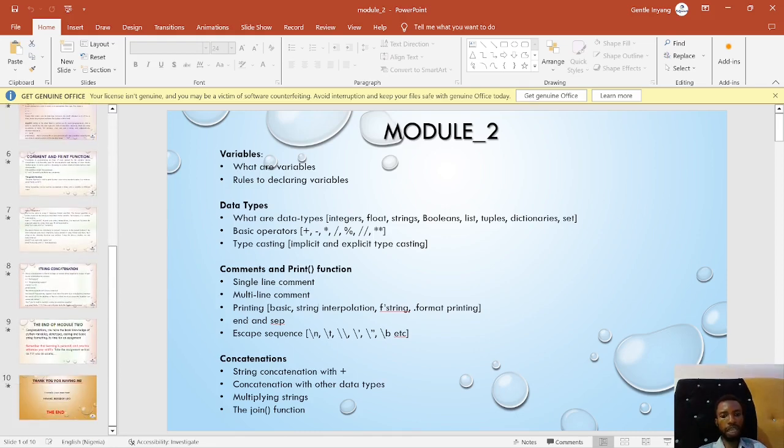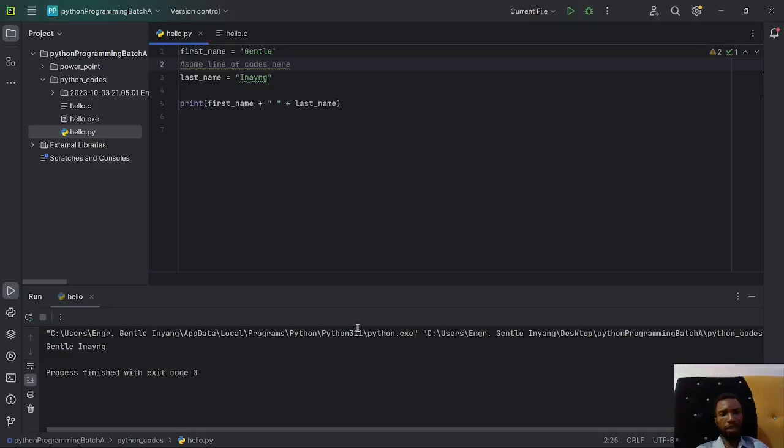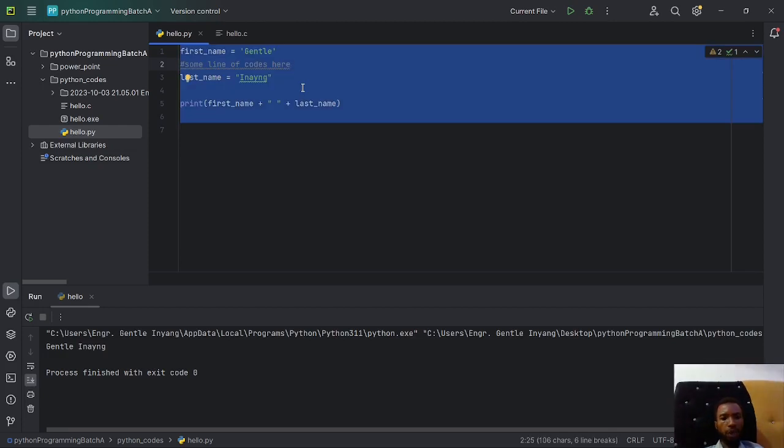Okay, let's talk about the end and sep again. I think I explained that before now. Where do we need the end and why do we need it, and where do we need the sep, why do we need it? Okay, now let's take for instance